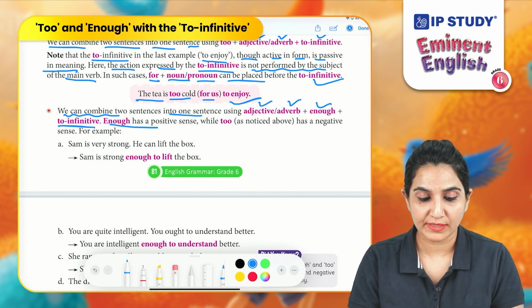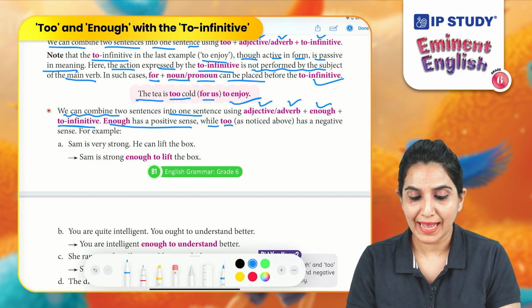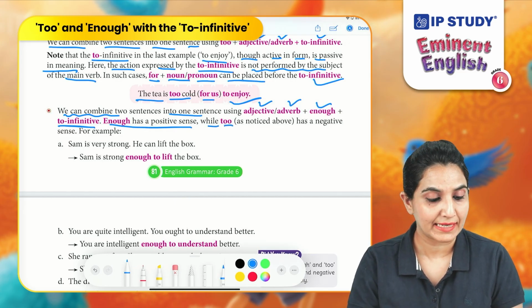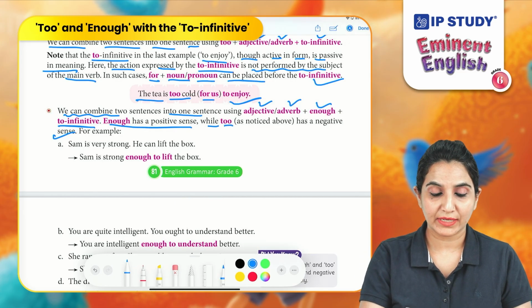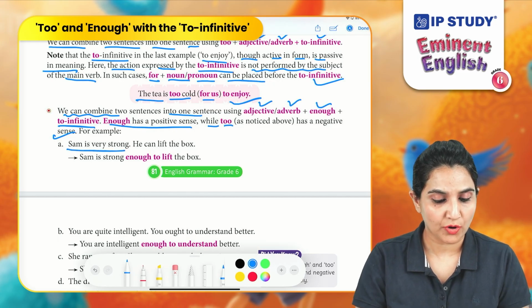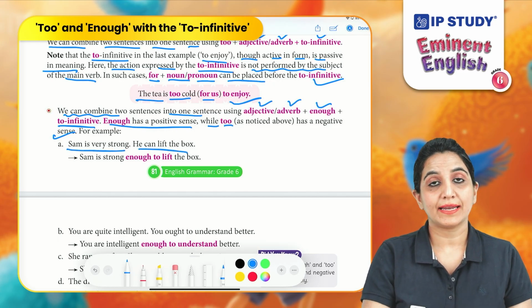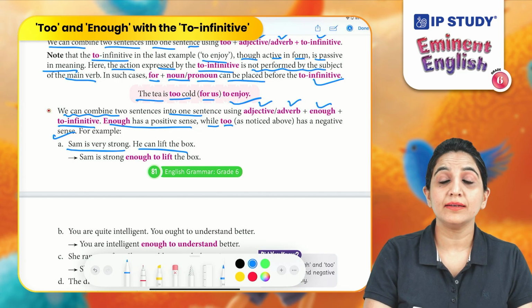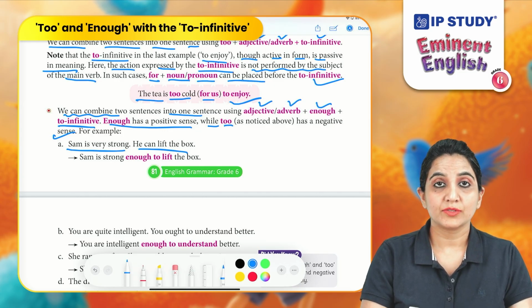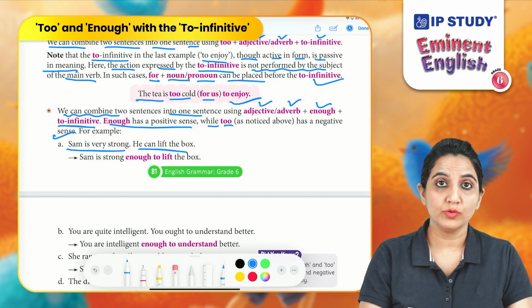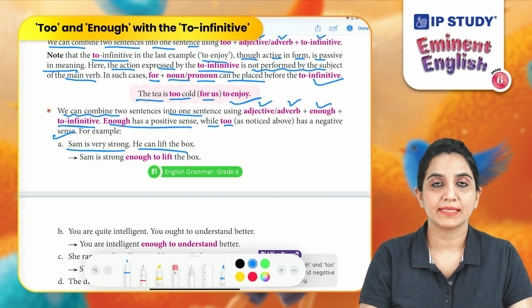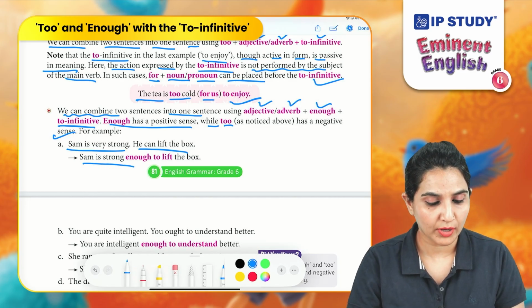Enough has a positive sense, while too, as you have already noticed, has a negative sense. For example, Sam is very strong, he can lift the box. Now, this sentence is in a positive sense. So, we can use enough in this sentence, right? Sam is strong enough to lift the